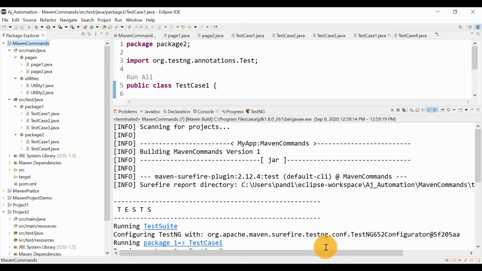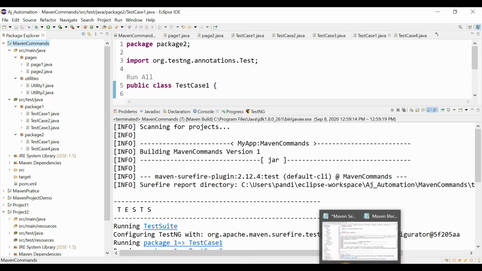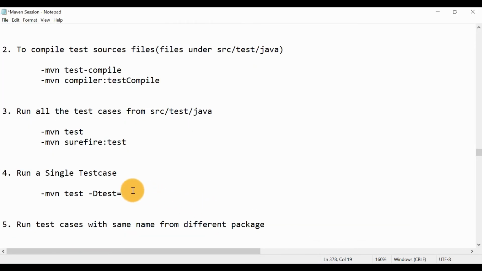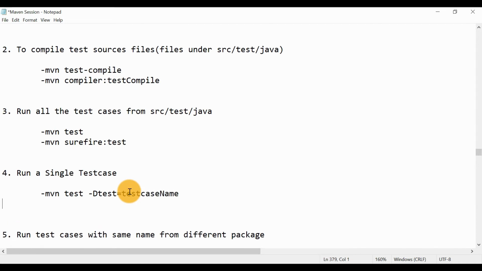Here you can just provide the test case name. So as per this, what will be our command? mvn test -Dtest equal to our test case name, test case 2. So only test case 2 should be run.